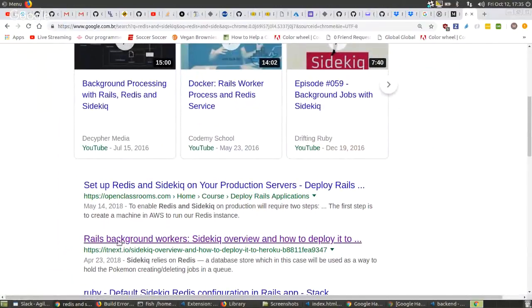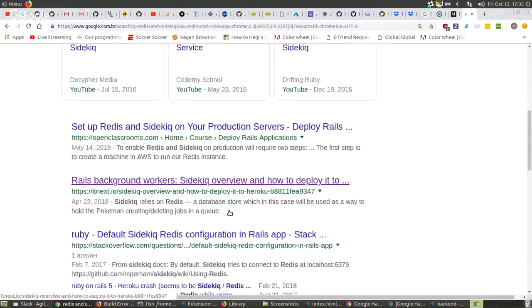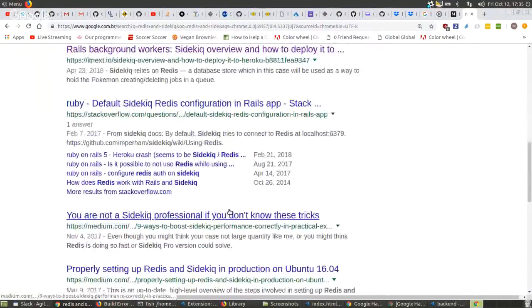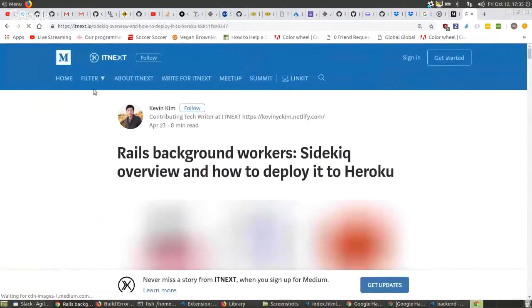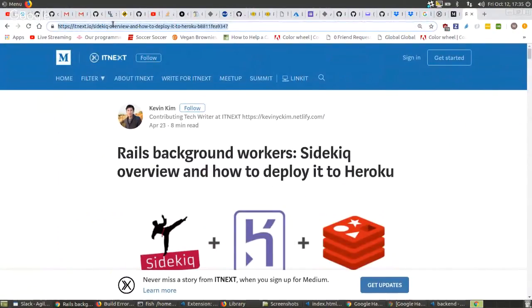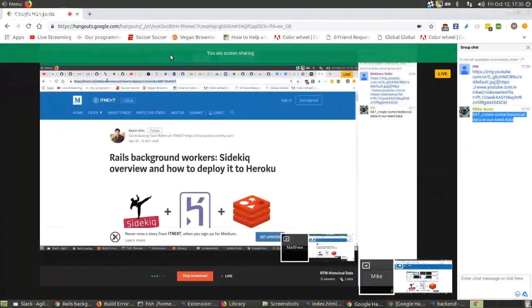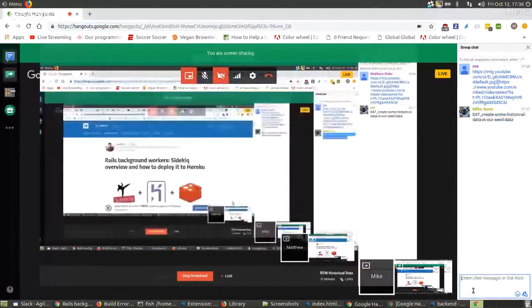So there's this Rails backend worker, Sidekiq overview: set up Redis and Sidekiq on your production servers. I'm not too familiar with working with it, to be honest, but I can share this link with you. Okay, sure, and you can have a look.